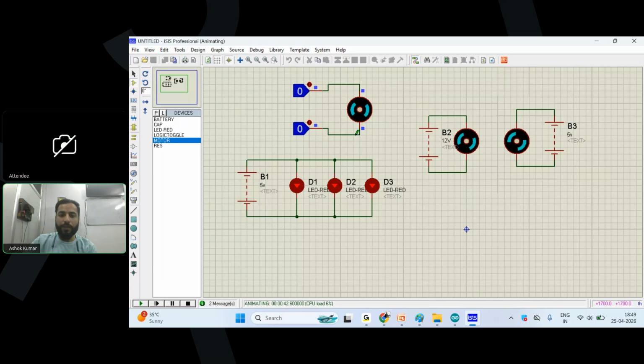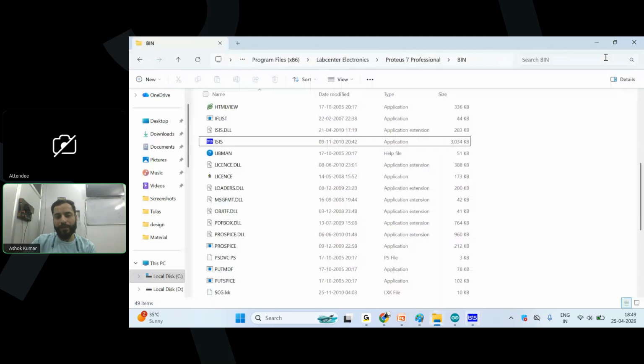And even if we give the 1 1 logic, that time also motor is not working. Few people think that if we give the same polarity to both the terminals of motor, it will get burned, but actually it does not, because when we give 1 1 logic, it means 5 volts on the top positive terminal and 5 volts on the bottom negative terminal. And 5 minus 5 makes the potential difference 0. And if it is 0, obviously it's not going to work, right? So this was the scenario of understanding the